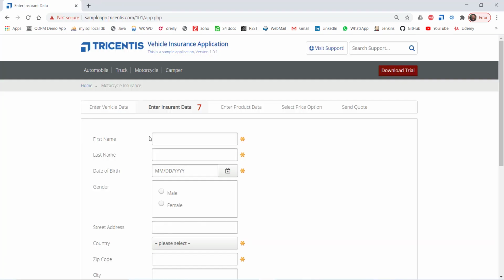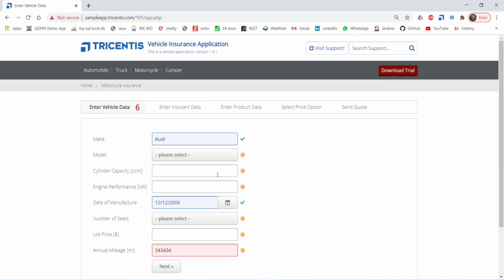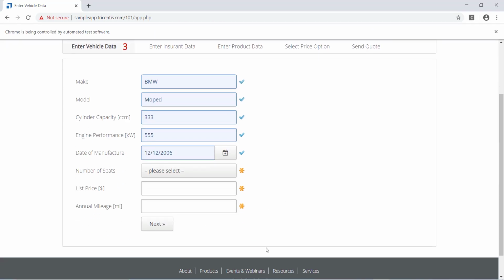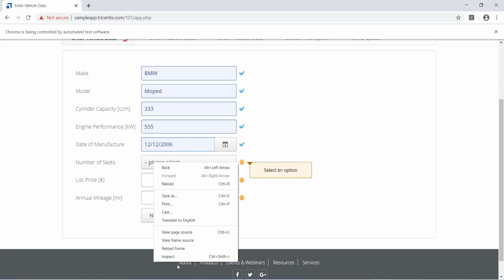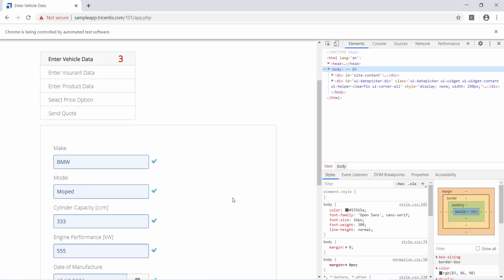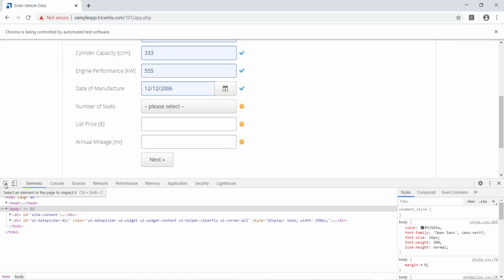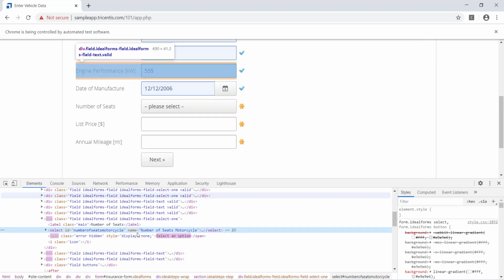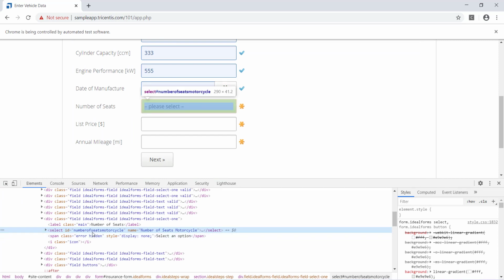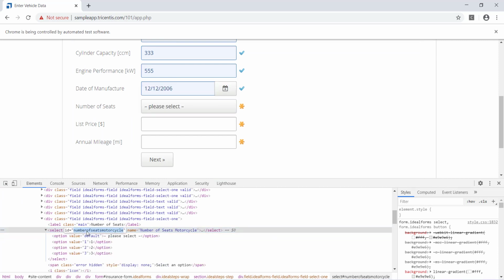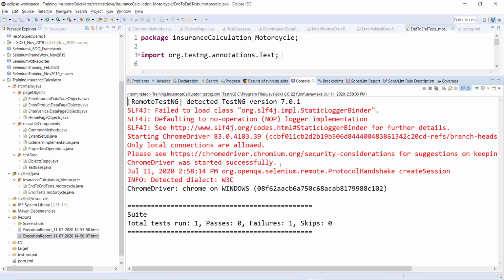Let me see where it was. Let me go here and inspect number of seats. Let me dock it to bottom. Its ID was number of seats motorcycle. Okay, I don't know how I picked it wrong. It should be number of seats motorcycle.